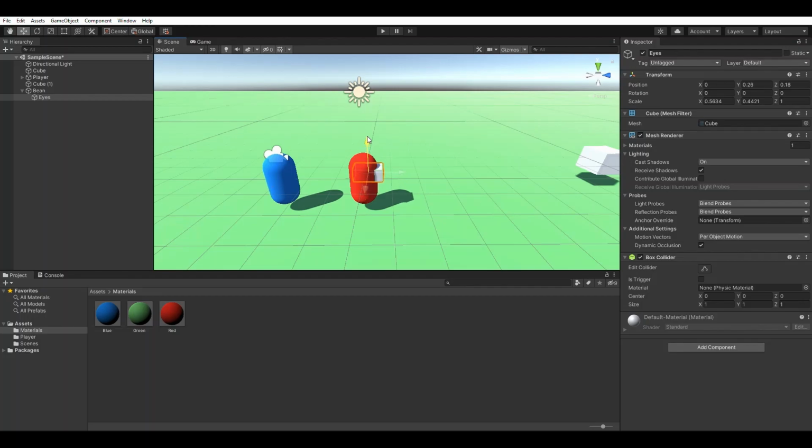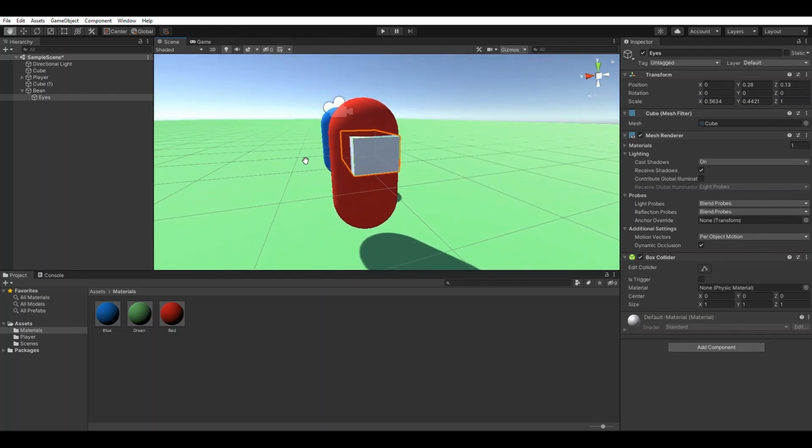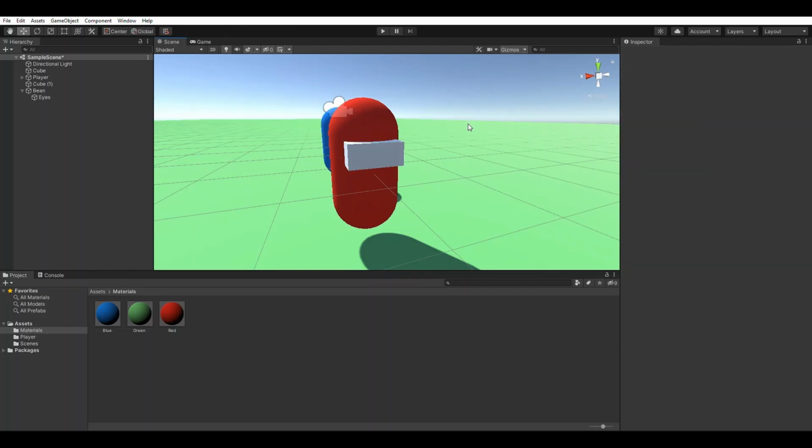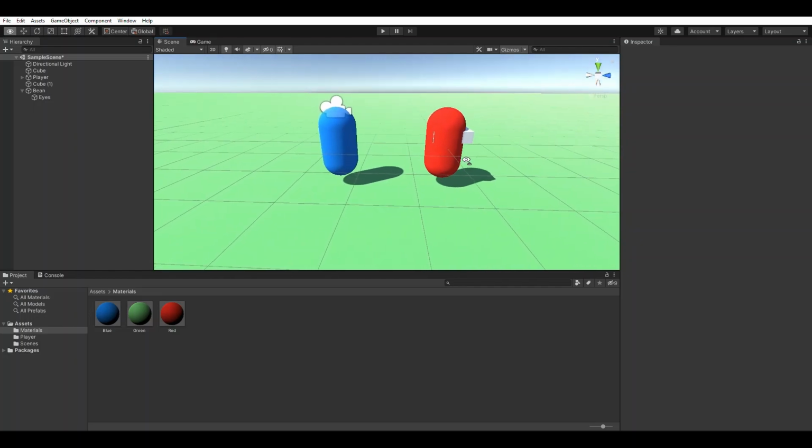Okay, perfect. Bean can see. Okay. And now we've got our enemy